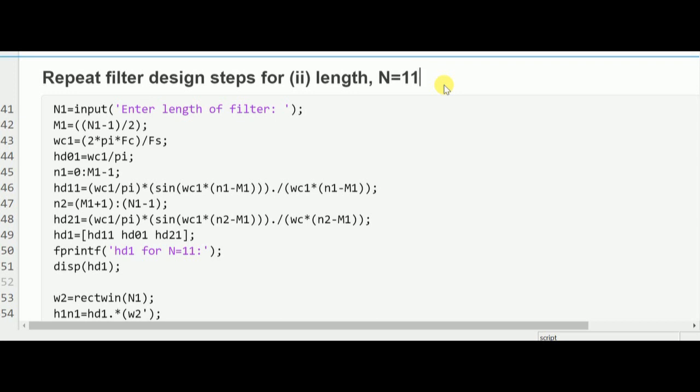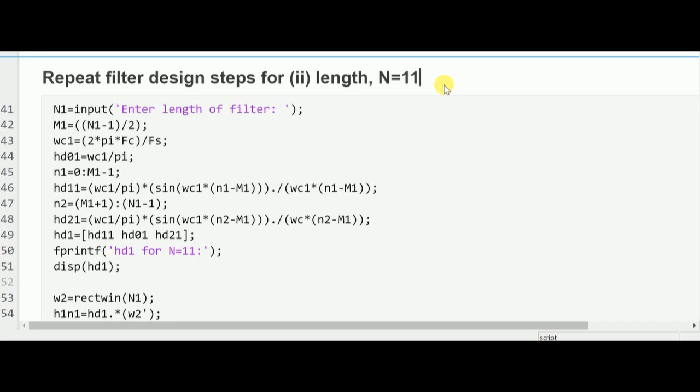We are expecting the performance of the filter to improve in terms of the pass band, stop band and transition band. So does it really happen? You have to observe that by generating the filter coefficients for n equal to 11